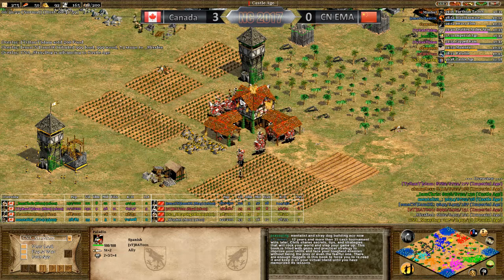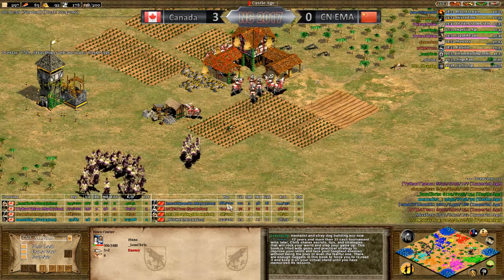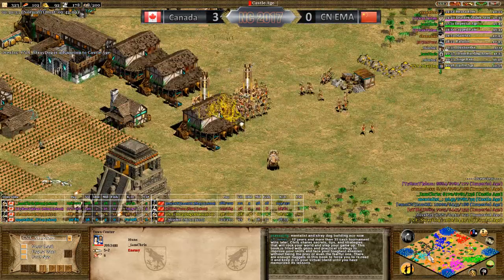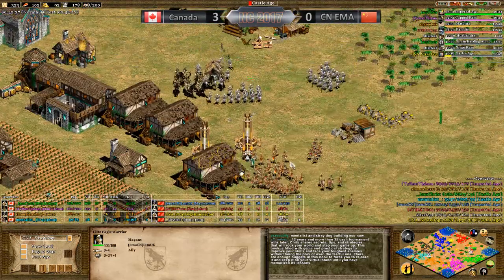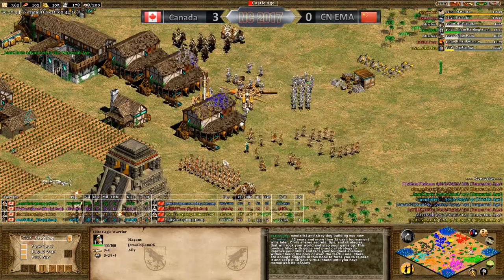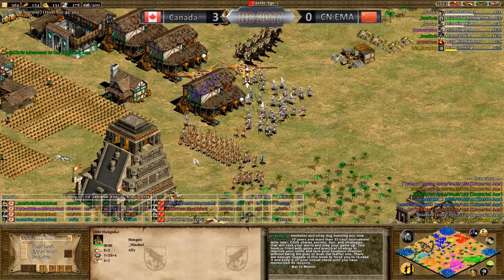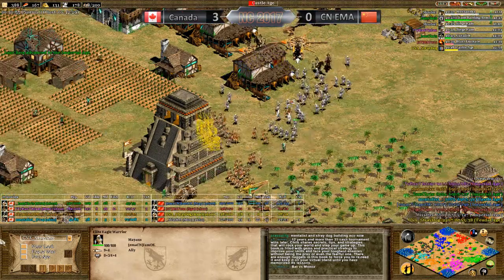It's so many Paladins already. Mentalist is basically out of the game. Eagle Warriors, so many Eagle Warriors out here by him. Okay, roughly 60, and Jean with 70 plumed archers, but that's not enough. And Mistfield is now pushing in. This feels like...